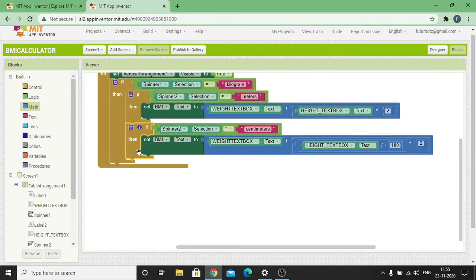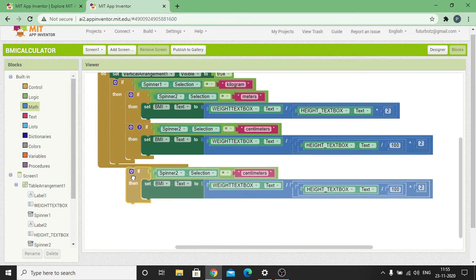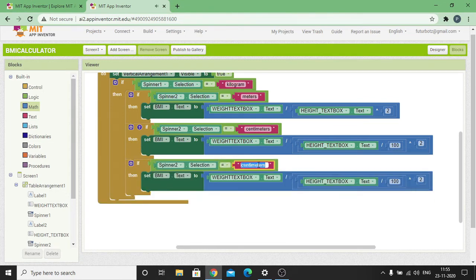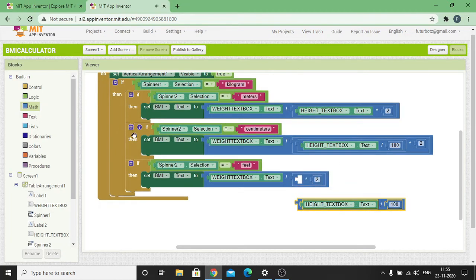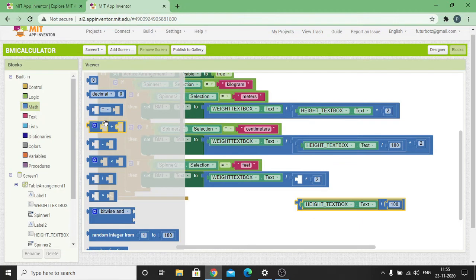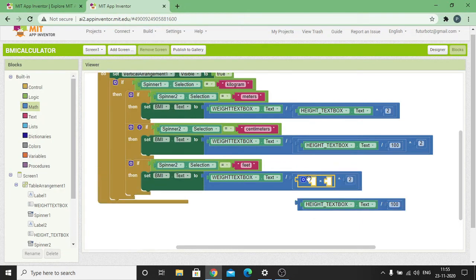Now duplicate this if then once again, and this time change the spinner 2 selection to feet. For feet, instead of dividing the value entered in the height text box, I'm going to multiply it with a value of, let's say, 0.3048,